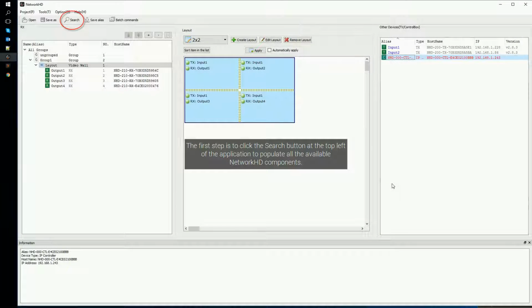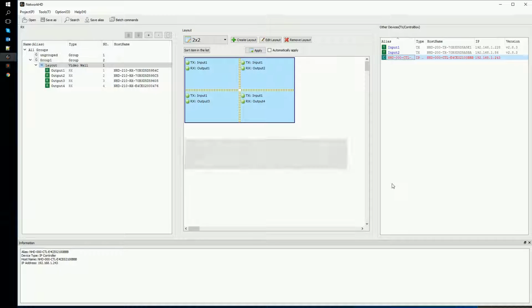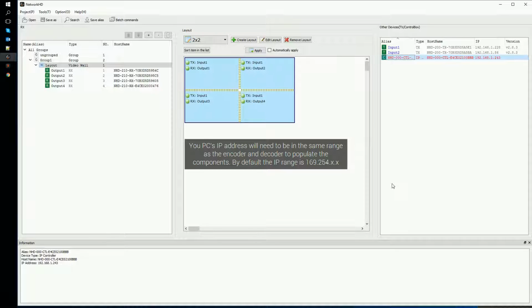The first step is to click the Search button at the top left of the application to populate all the available NetworkHD components. The current NetworkHD system we are configuring for the Touch app is a pre-existing system that has the settings adjusted. Your PC's IP address will need to be in the same range as the encoders and decoders to populate the components. By default, the IP range is